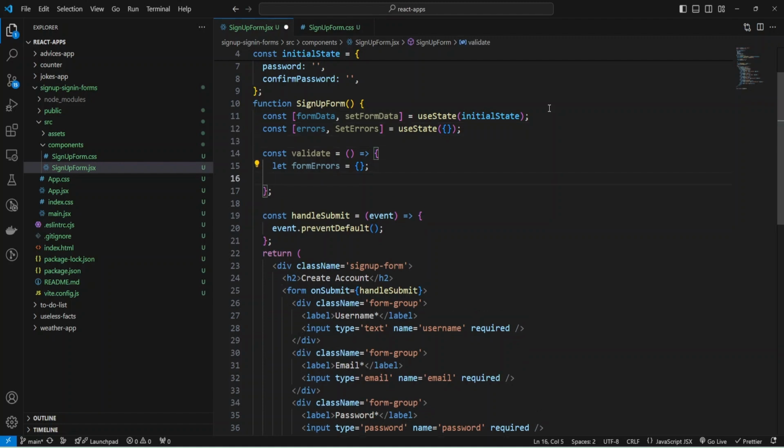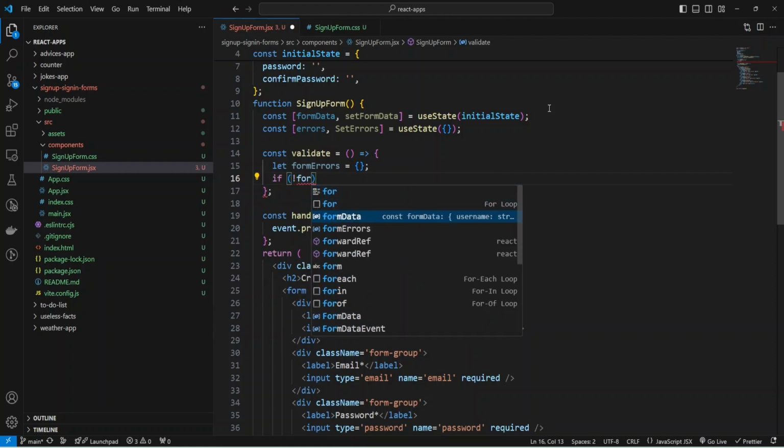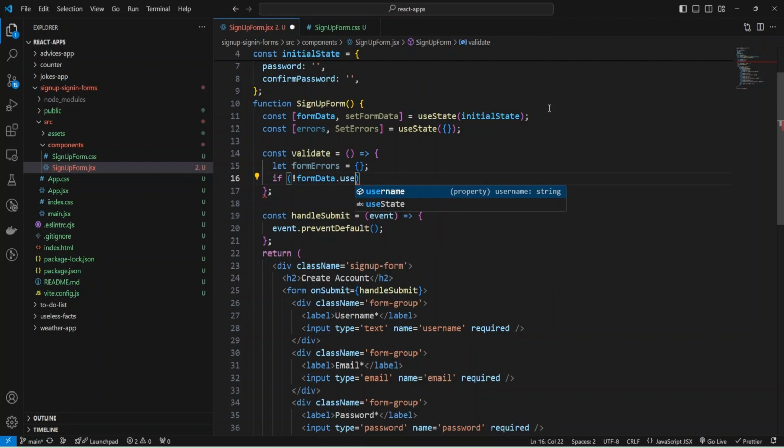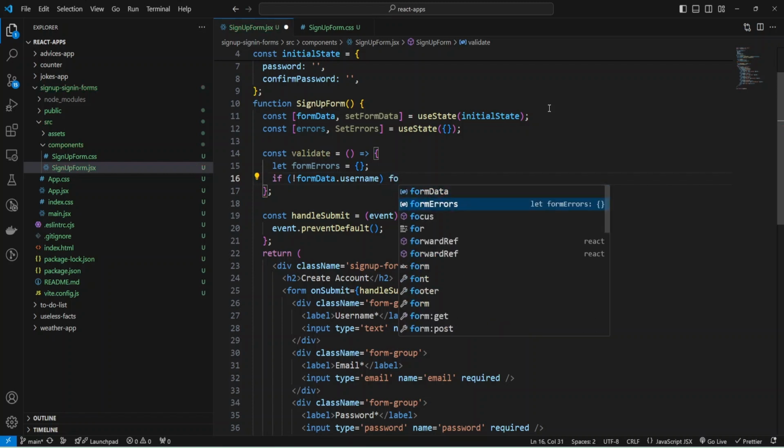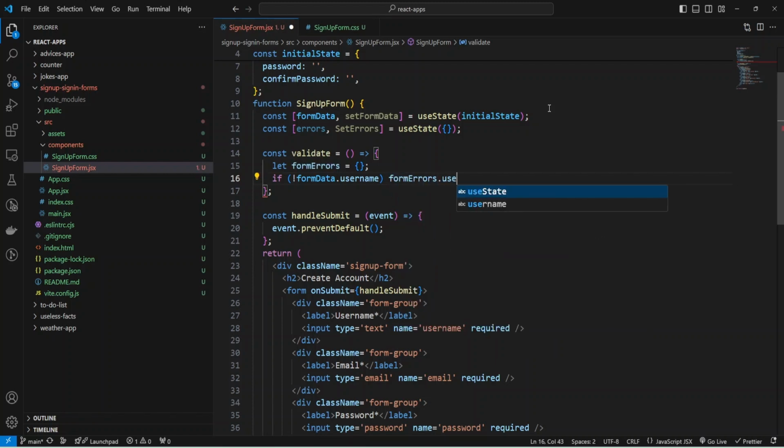Okay, and let's return to the validate function and check if we don't have formData username. So the username input field is empty. Then we can set formErrors username to "Username is required".